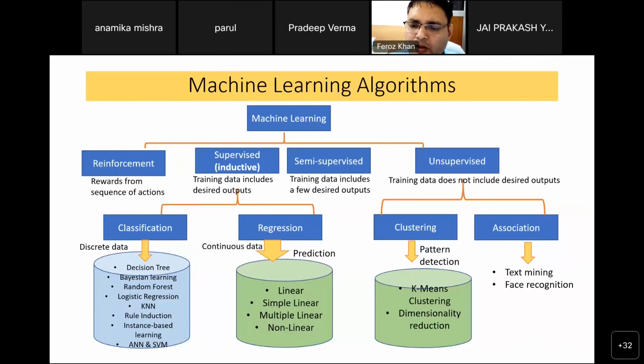For example, in the case of COVID, if you have more than 100 data points or experimental biological activity data, more than 100 compounds, then you can go for a machine learning method, which is a classification method. You can use it to develop a QSAR model for corona inhibitors. Still it is lacking, because nowadays we do not have substantial data to make a relationship. So we can use the clustering method. Those who have published papers use clustering or pattern detection methods, for example k-means clustering, hierarchical clustering or dimension reduction, the PCA method.